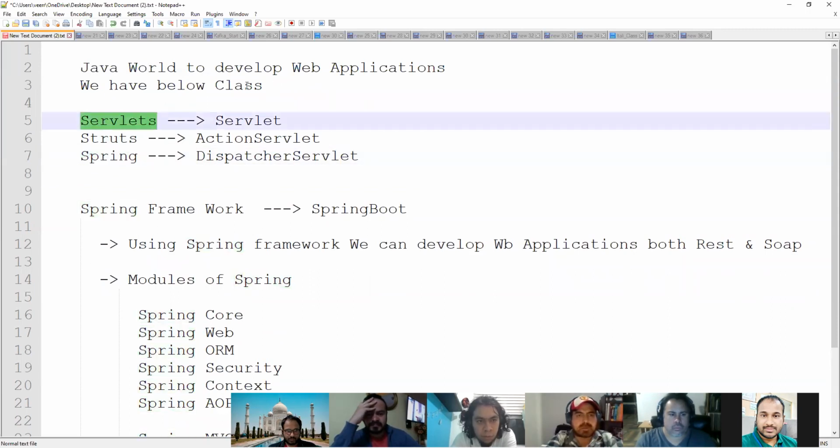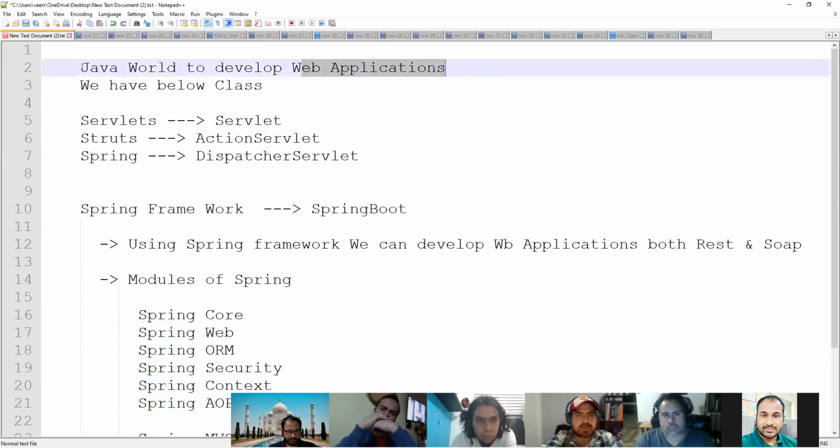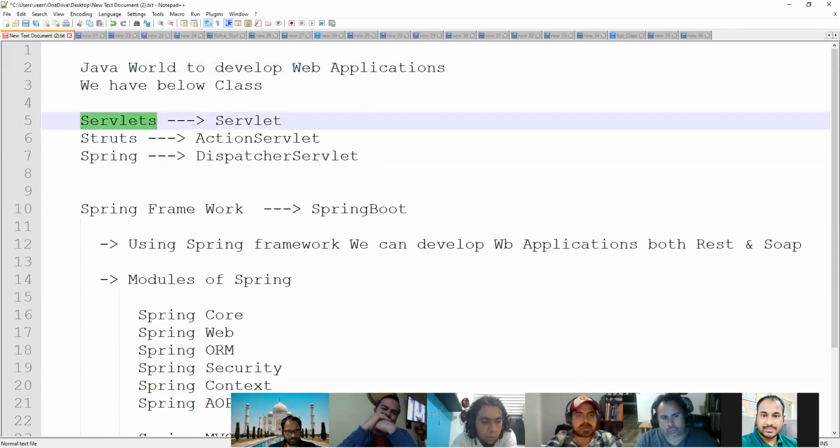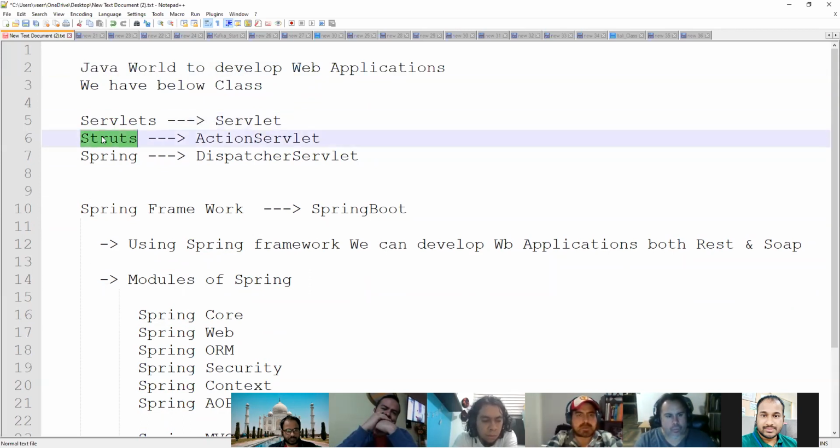Previously they used servlets to develop web applications in the Java world. There are many problems, a lot of boilerplate code and a lot of complications, so people moved to the Struts framework, where the main class is the action servlet.